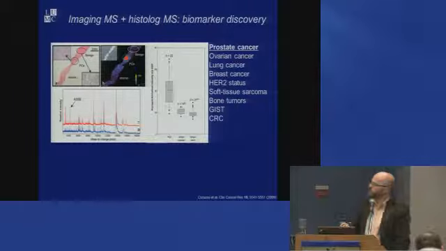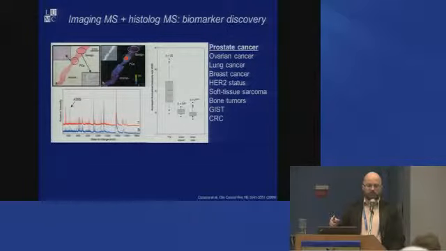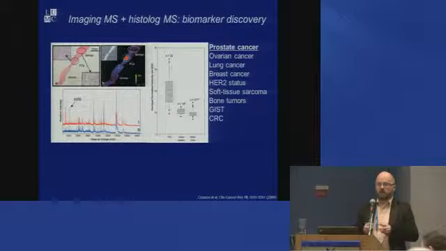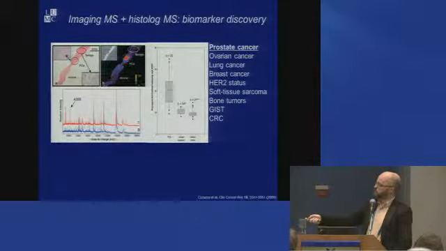imaging mass spectrometry experiment. And so what we have here, this is a prostate cancer tissue, and here we see the histological section. Here we see some imaging mass spectrometry results. And actually, after we perform the imaging mass spectrometry experiment, we can wash off the matrix and apply classic H&E stain, and then align them so we can really integrate histology and imaging mass spectrometry. And so what we can do is we can select regions on the basis of histology. Here we have the prostate cancer, here we have some benign tissue, and then we can just extract these mass spectra, and we get what you might call the tumor mass spectrum and the benign mass spectrum,